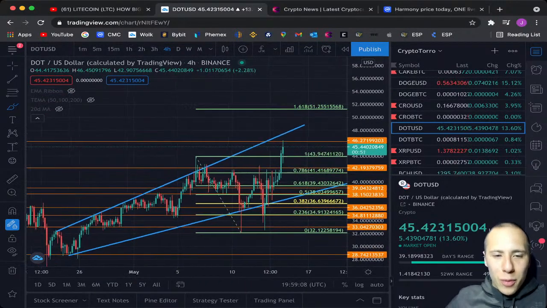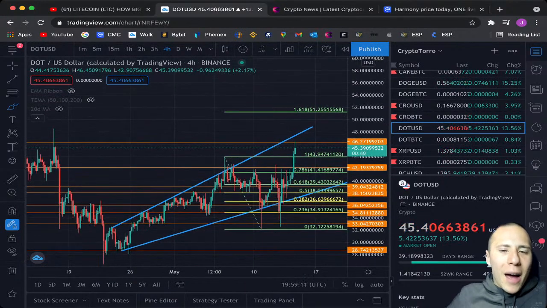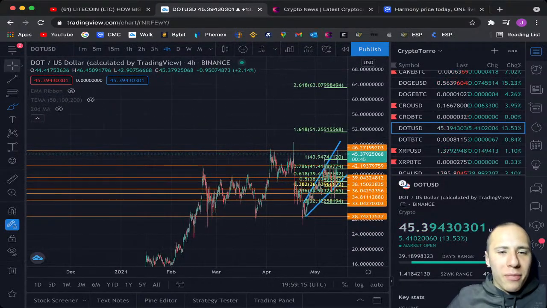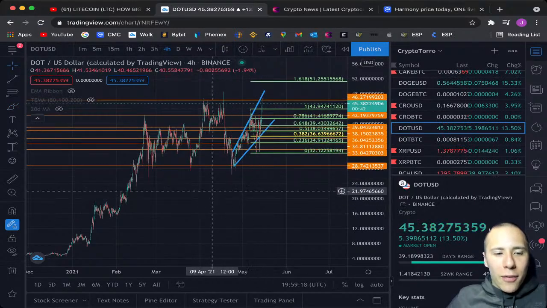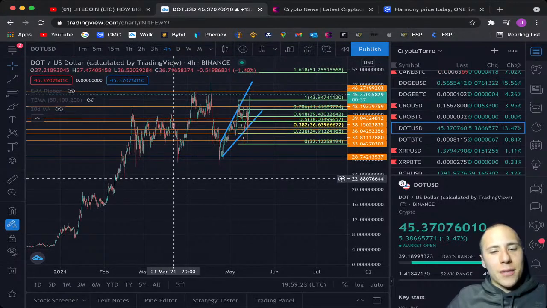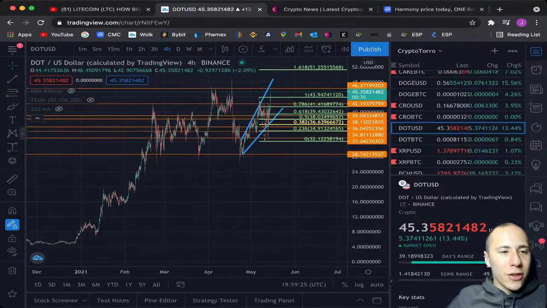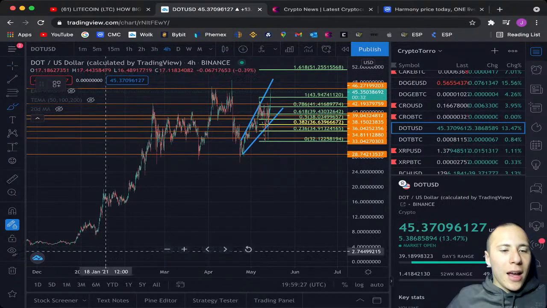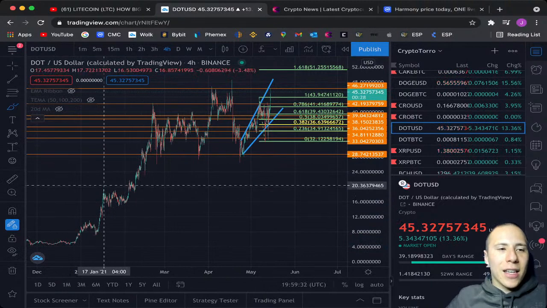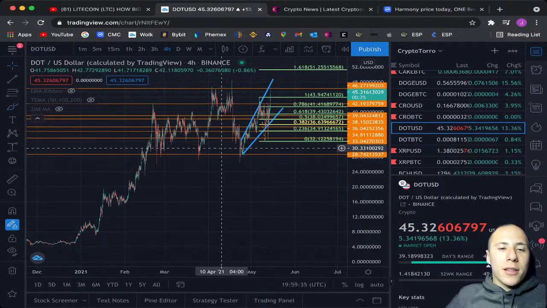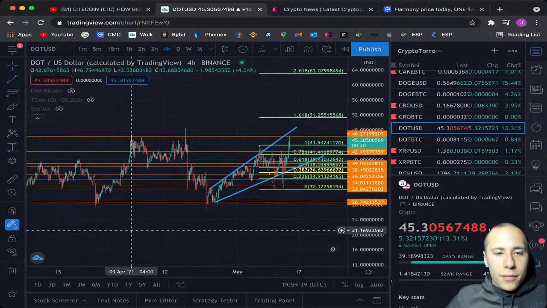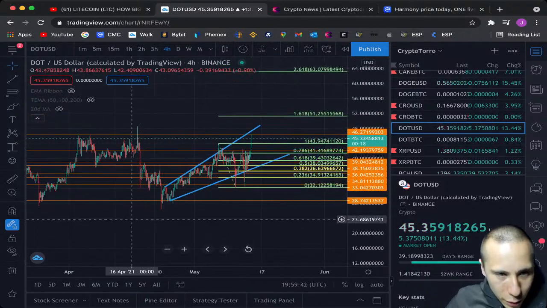It's a huge move that we will be seeing on Polkadot, but yeah, I'm actually not amazed by it, because I've been waiting for this move of Polkadot for a while right now. And you can take a look at this chart and you can see there's a huge momentum towards the upside in the past, and I think a huge momentum towards the upside like this is very possible for Polkadot to reach a new all-time high, and to take a look at how big this is going to be.